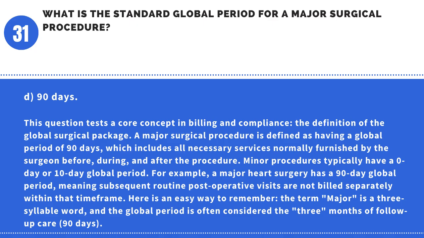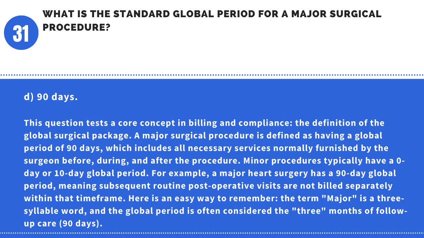A major surgical procedure is defined as having a global period of 90 days, which includes all necessary services normally furnished by the surgeon before, during, and after the procedure. Minor procedures typically have a 0-day or 10-day global period. For example, a major heart surgery has a 90-day global period, meaning subsequent routine postoperative visits are not billed separately within that time frame. Here is an easy way to remember. The term major is a 3-syllable word, and the global period is often considered the 3 months of follow-up care,